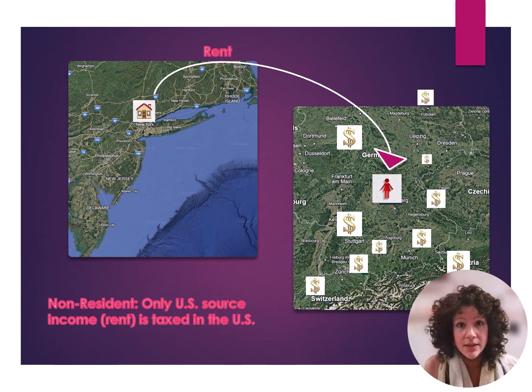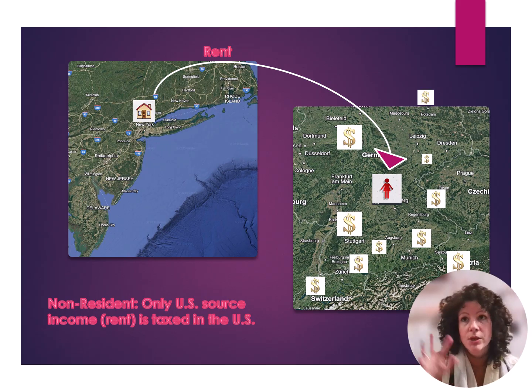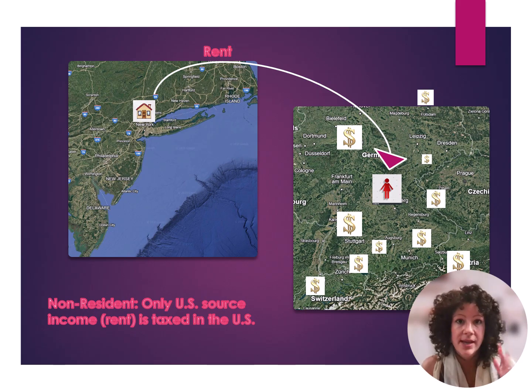So this rental income, now the US says, well, you're a non-resident, we have the right to tax. The tax rate for non-residents is just going to be a flat 30%. That's it. Absent any planning, no deductions, no nothing. Just a flat rate, 1,000 in income, boom, 30% goes to the US.